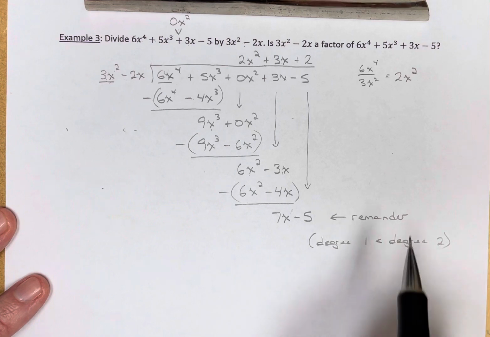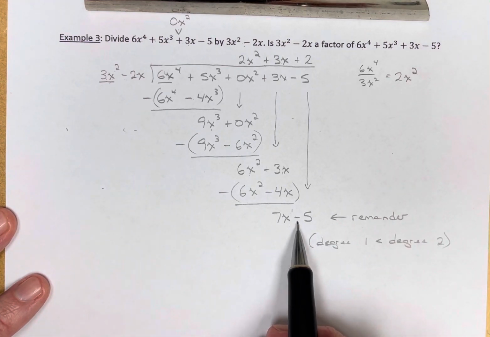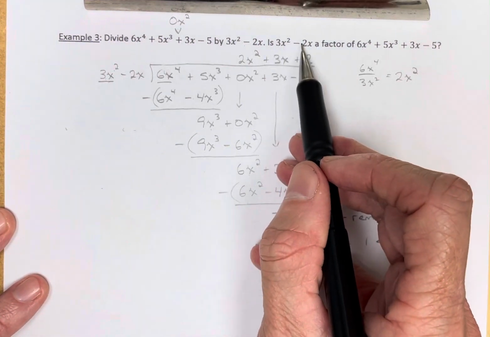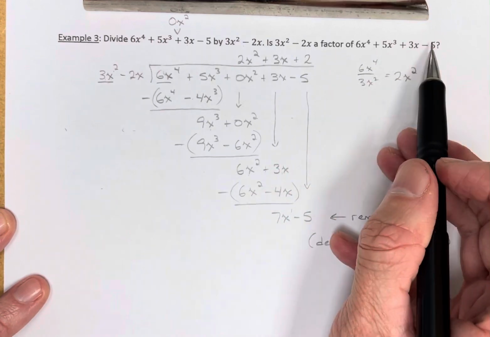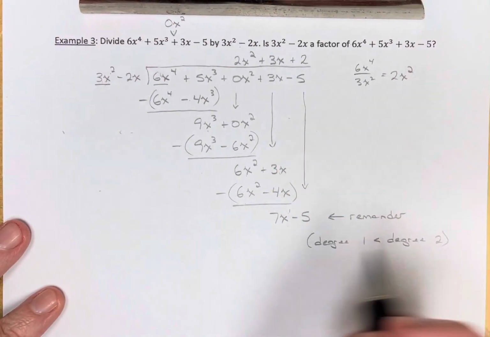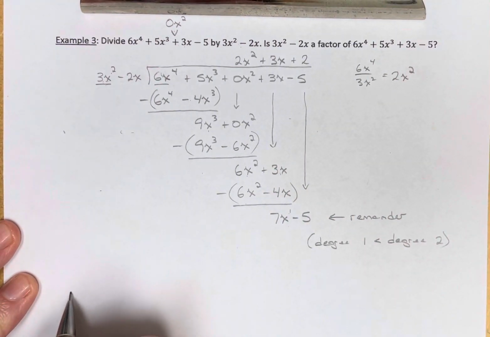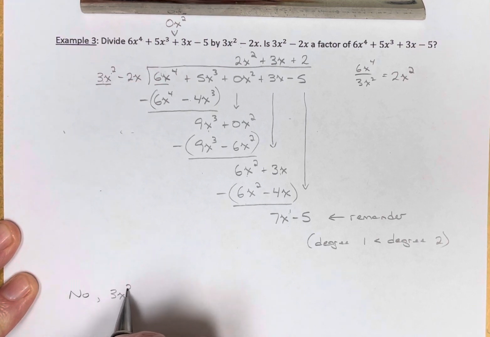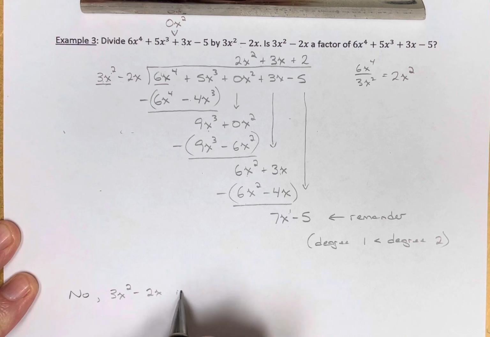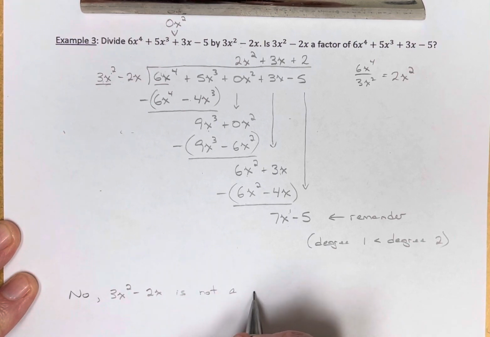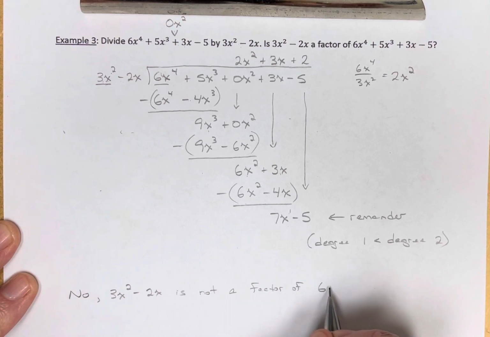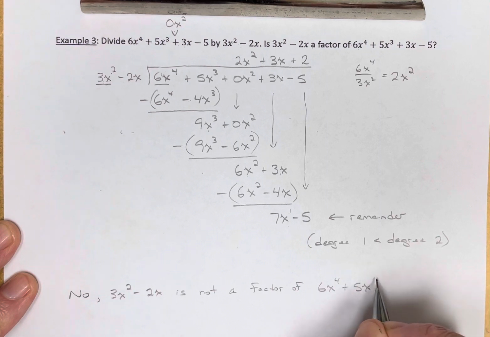So we didn't get 0. Is 3x squared minus 2x a factor of this? Nope. No. 3x squared minus 2x is not a factor. It does not go into it evenly. It is not a factor of 6x to the fourth plus 5x cubed